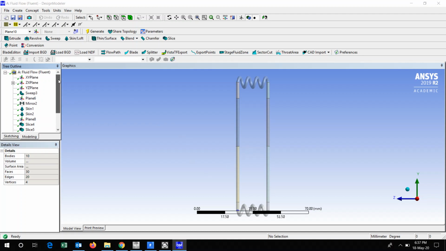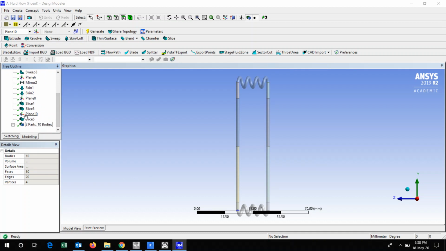Now while preparing this particular geometry, I will discuss it one by one. This is sketch 3 and sketch 4. For getting these helical turns, the sketches are utilized, and that is done through the sweep operation. So these particular turns are obtained from that. Then I have joined these two parts: first the mirror is done, then with the help of the skin loft operation these two parts are joined. So this is how the geometry has been created.